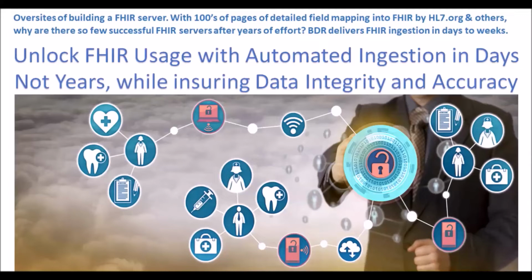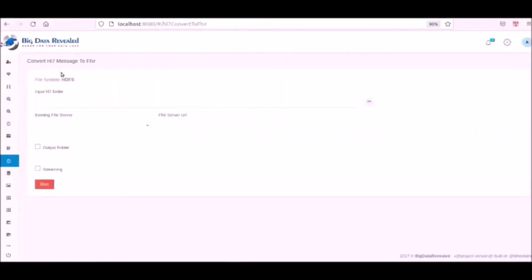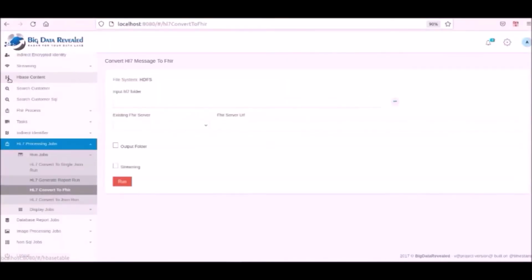The BDR solution securely reads and processes HL7 data directly into FHIR with limited human intervention with the BDR graphical interface, nor does BDR use costly third-party application intervention or requirements. Let me show you how straightforward it is now that BDR has developed the solution that replaces years of mapping